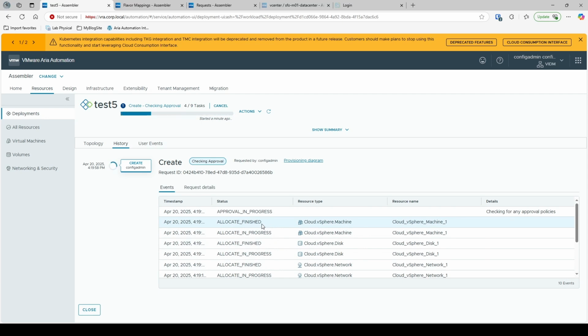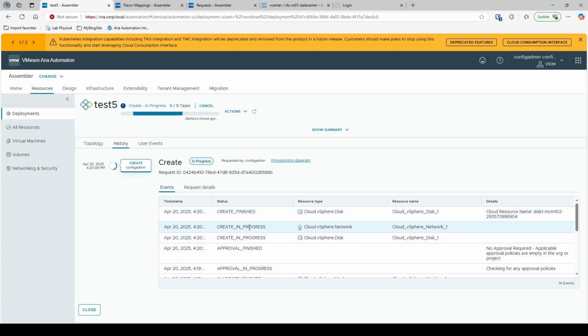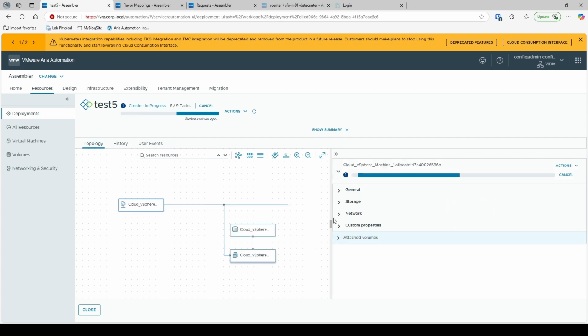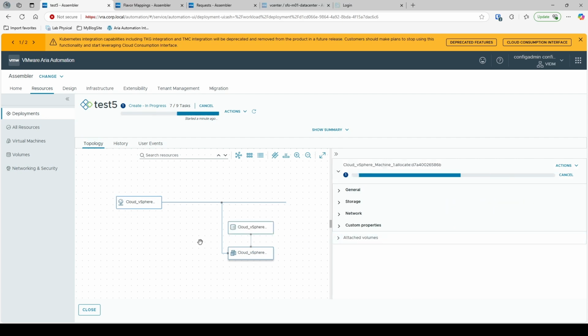And then if we were using something called approval policies, then it enters this phase to check to see if there's any approval policies in play. You're going to see that there's not. And then it goes and it's starting to create objects like our disk and our network. The machine will take a little bit, but basically that's it when it comes to the cloud template and